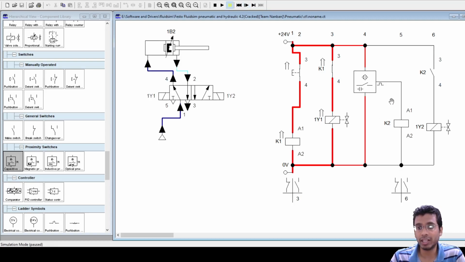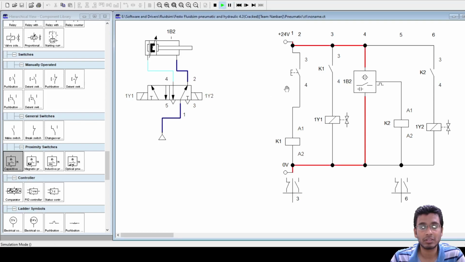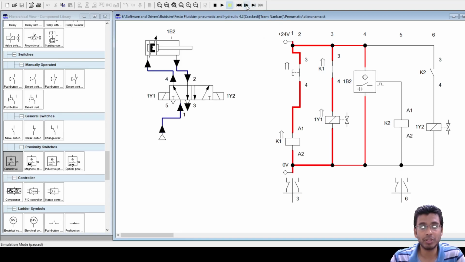Now see, right now there is no output here. The moment this cylinder is completely extended and you hear a sound here, that means it has reached its extreme position, then you will see there will be an output in this portion. Okay, wait, what I have done, actually it has reached, but it does not know what this sensor is. I have to name this as 1B2. Yes, so now the same thing, it moves forward.